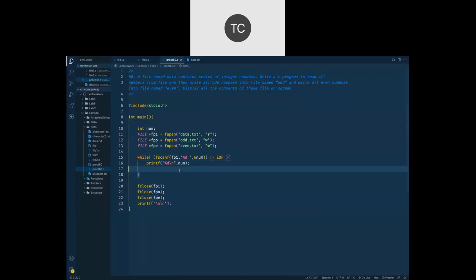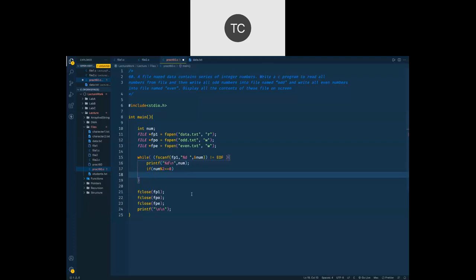Okay, so now in this while loop, what I'm going to do is, I have that number and I'm just going to check whether that number is odd or even. So just modulo 2 equals to 0 or not. Number modulo 2 is 0 or not.